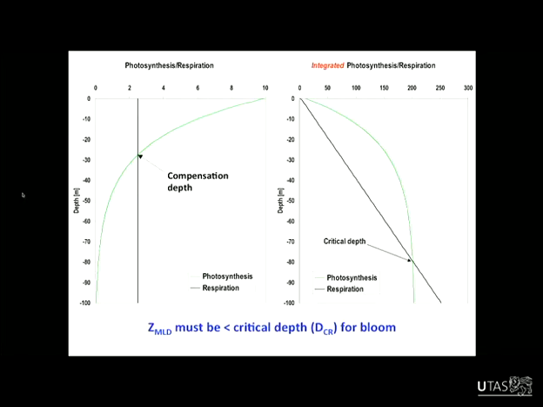If the mixed layer were deeper, say about 100 metres, we're sealing off the upper 100 metres of the ocean, and the integral of the loss term is greater than the integral of the gain term, so more phytoplankton are being consumed than are being produced. There would be a net loss of photosynthetic material. If the mixed layer were shallower, say about 50 metres, then the gain terms are greater than the loss terms, so we could have a net increase of phytoplankton biomass, and that's basically what a phytoplankton bloom is.